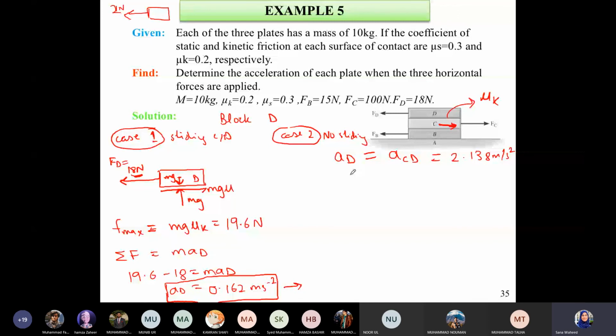Anyway, I told them, so I'm back. So the point is that when there is no sliding, then C and D will have the same acceleration that we calculated earlier. And if I make the free body diagram of only D, then I have this equal to 18 newtons, and its weight is going to be mg, and there has to be, if D and C have to move together, so